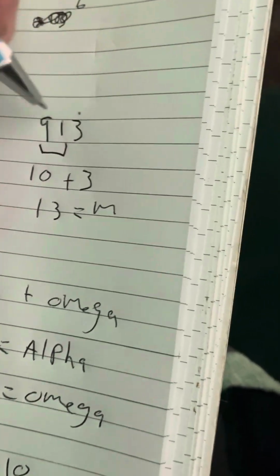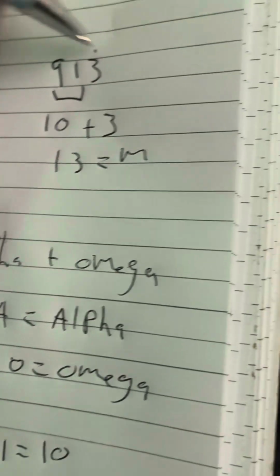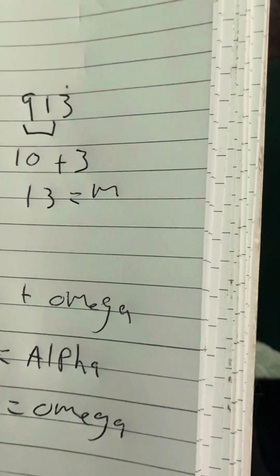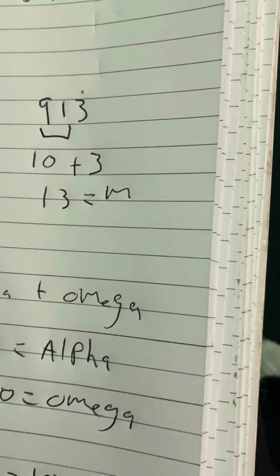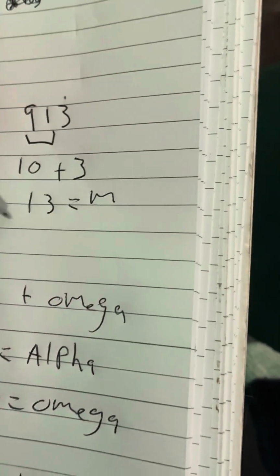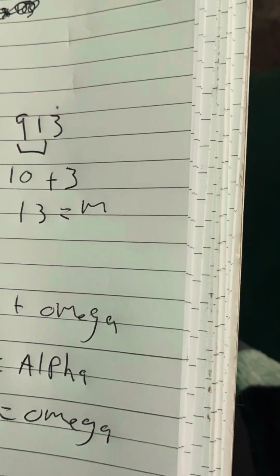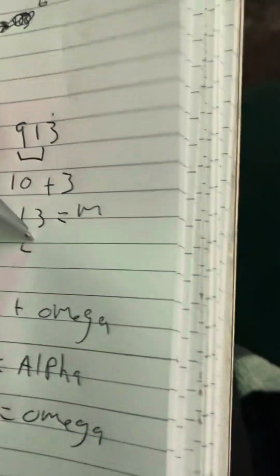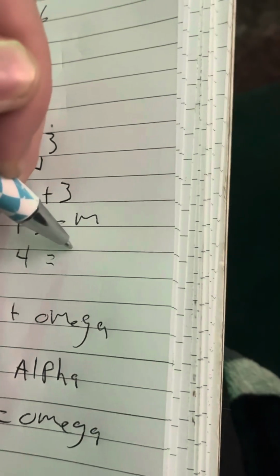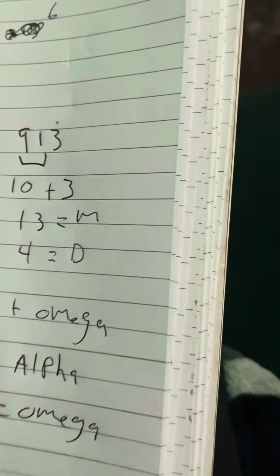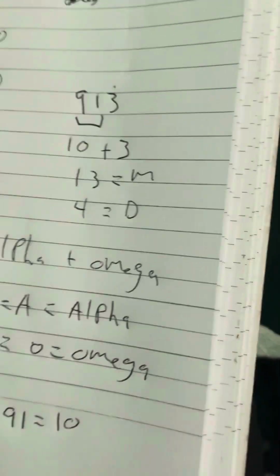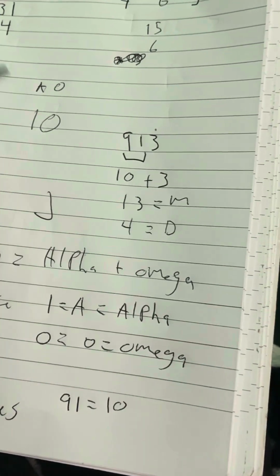If we switch these to letters, anyway. So then 1 plus 3 equals, that's 13. So then 1 plus 3 is 4. D is the 4th letter of the alphabet. Damn, D-A-M. Damn, D-A-M. This is deep. Anyway, so,